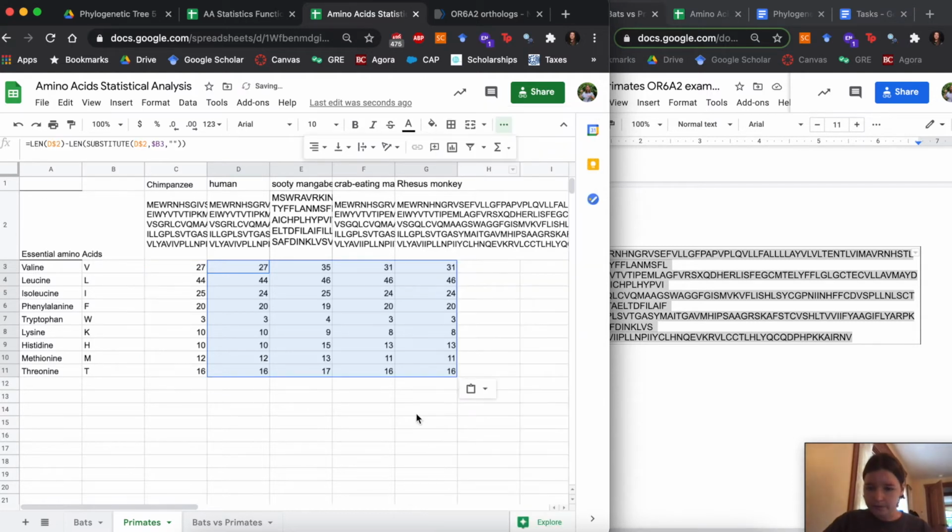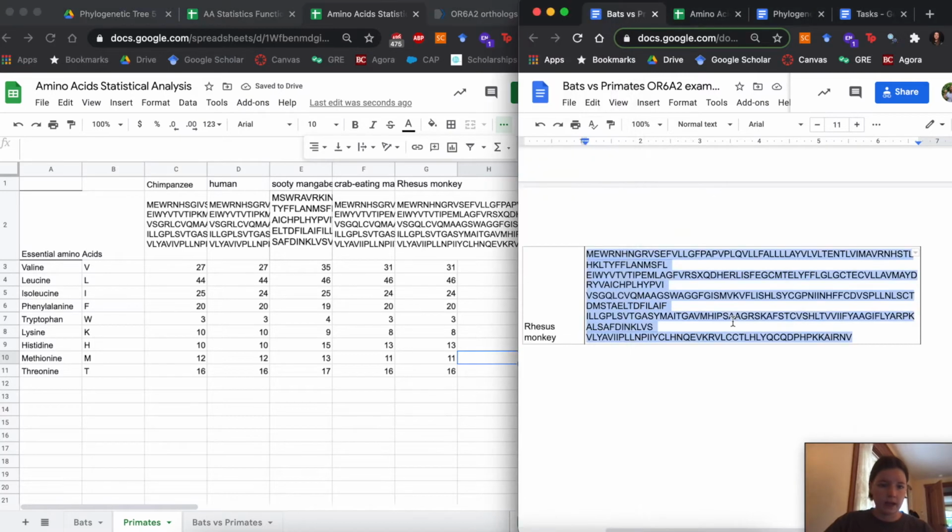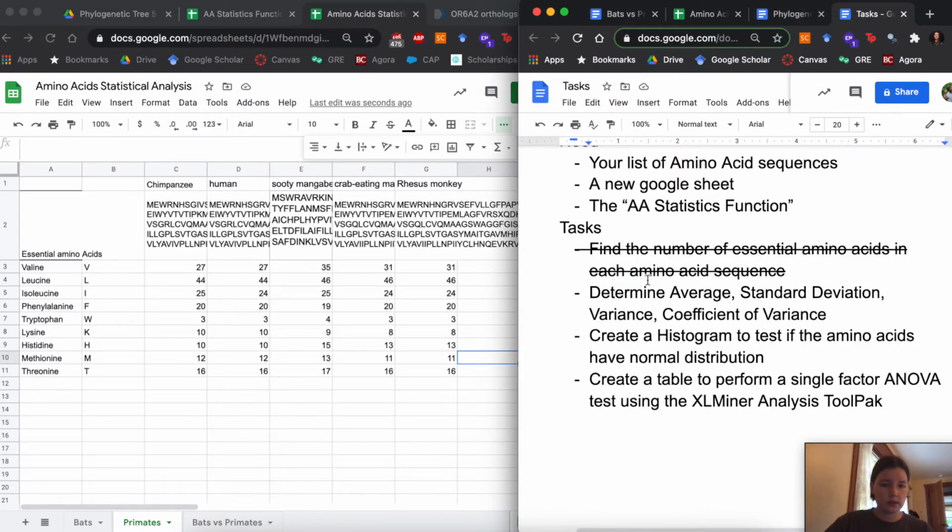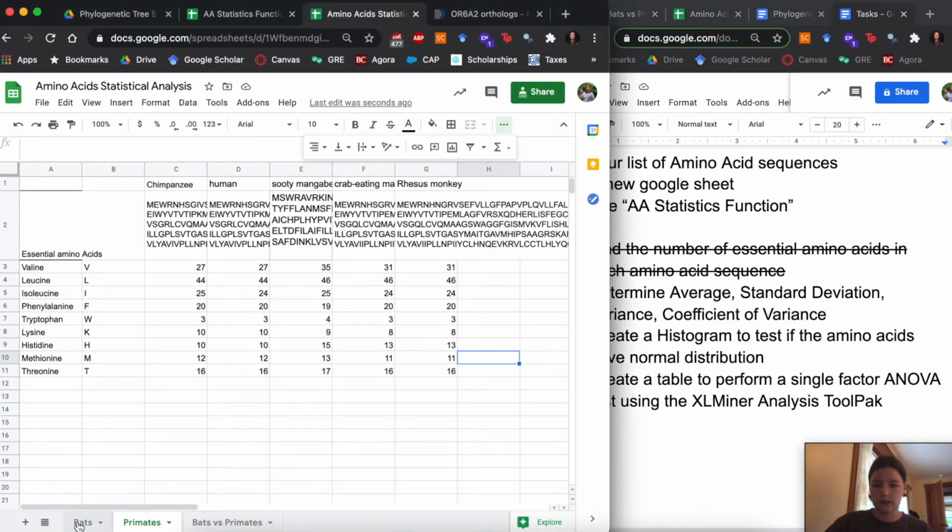There we go. So now I have the number of essential amino acids in each amino acid sequence for the bats